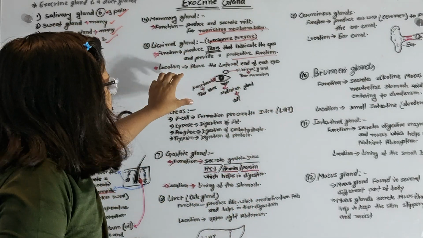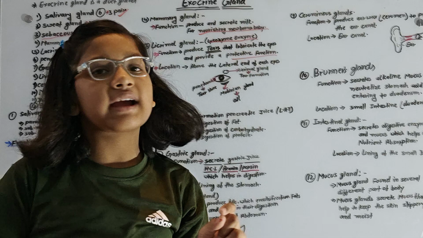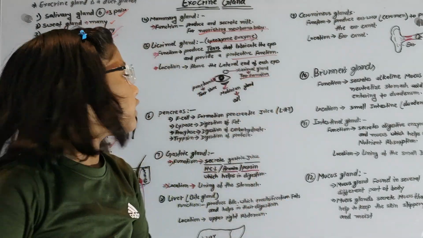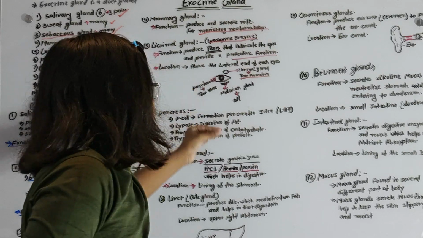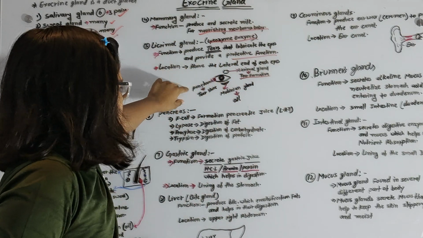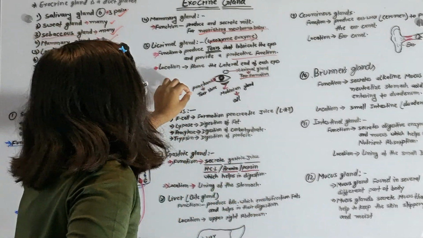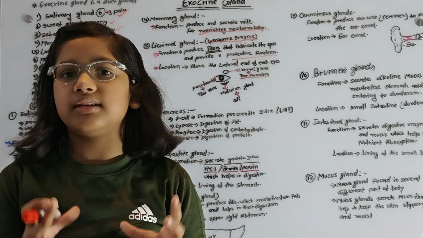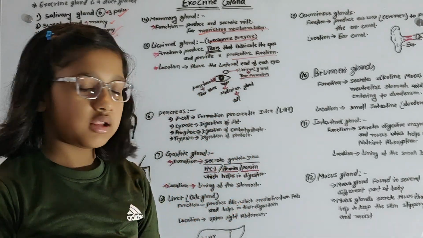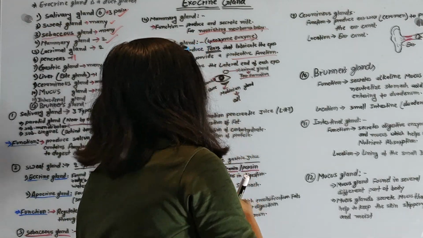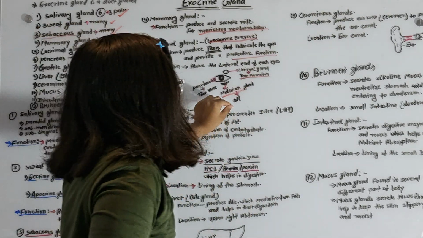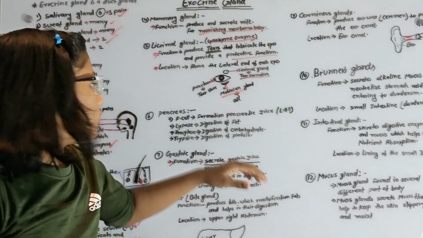Okay, here in the image you can see this is the lacrimal gland. What does it do? It forms tears. It does the formation of tears. There is the punctum. Now when the tear forms, the tear comes into the punctum and the punctum stores the tear. There is also the Meibomian gland. This secretes oil which helps